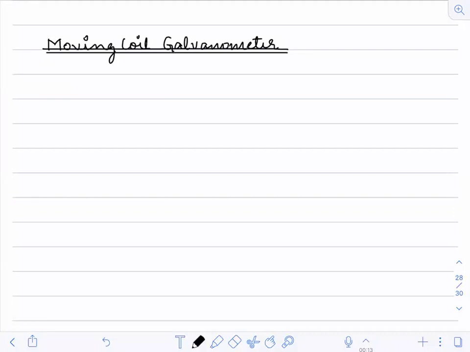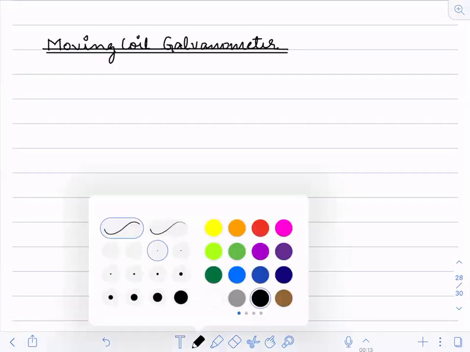But if you see NCERT, it is at the same place, chapter number 4. So we're going to start the moving coil galvanometer now. The conversion and all we had already seen. Now we will see what is there inside the galvanometer, which shows you the deflection. How it shows the deflection, and if I pass the current, what happens inside that it deflects. We are going to see all those things.